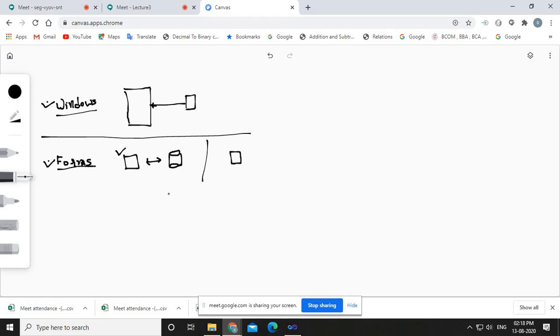And suppose you want to implement a website for internet purposes, so we need to change this, right? We need to change the authentication mode from Windows to Forms. Whenever you are creating a new website, at that time the default authentication mode will be Windows, right? But we know that the Windows authentication mode is useful if you are developing a website for intranet purposes. If you want to host your website on the internet, then the authentication mode has to be changed from Windows to Forms. And once we change this authentication mode, then your website is maintaining